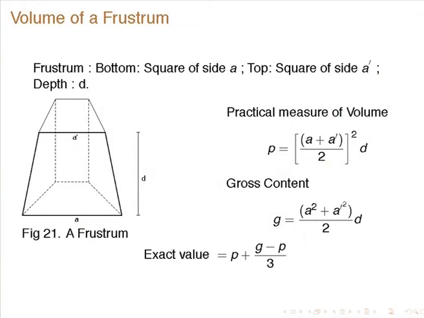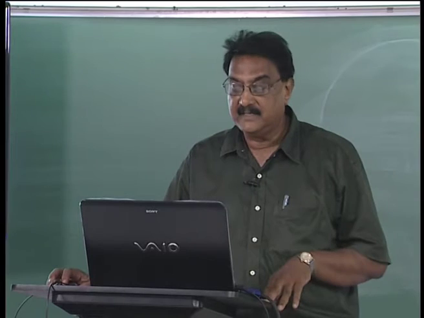Essentially what he is saying is that he gives various kinds of approximation and then the exact result. Subtracting the practical content from the other, divide the difference by 3 and add the quotient to the practical content, the sum is the neat content or exact value. So what is he talking about, that we should understand.